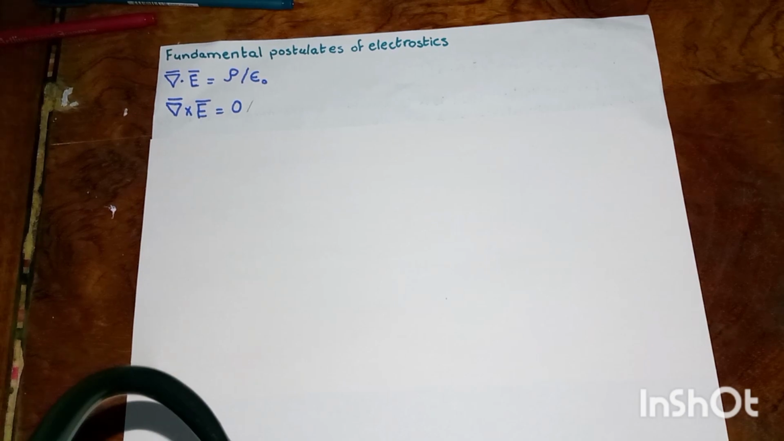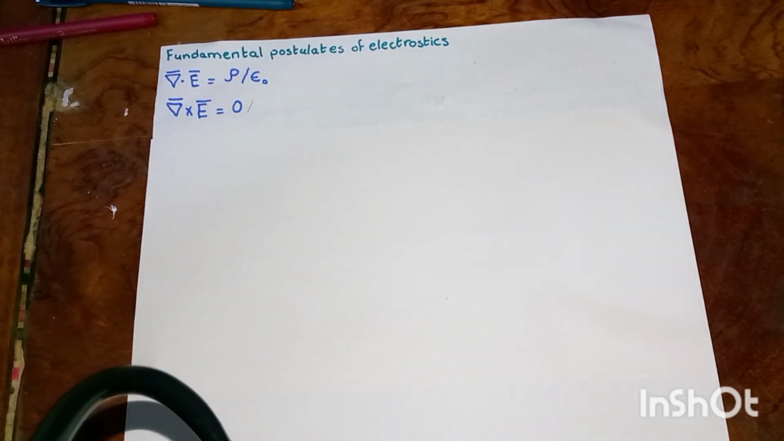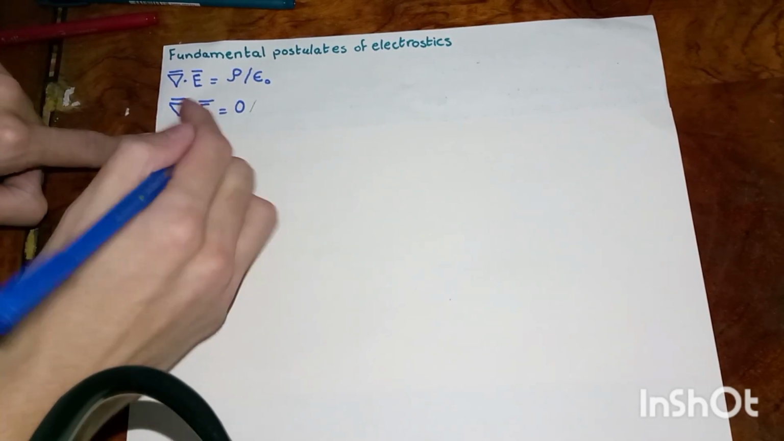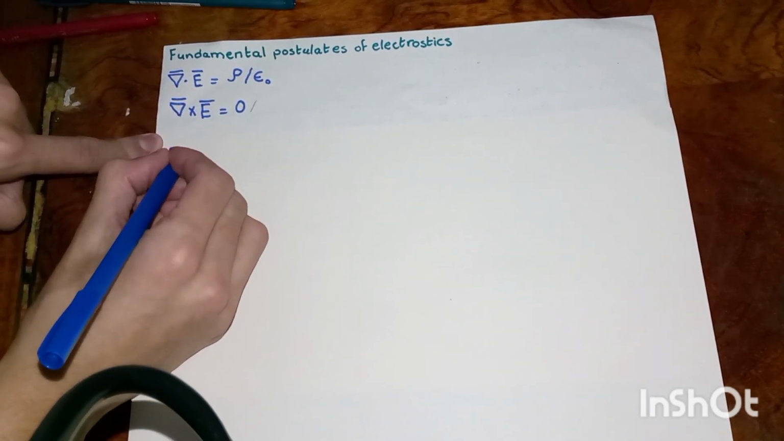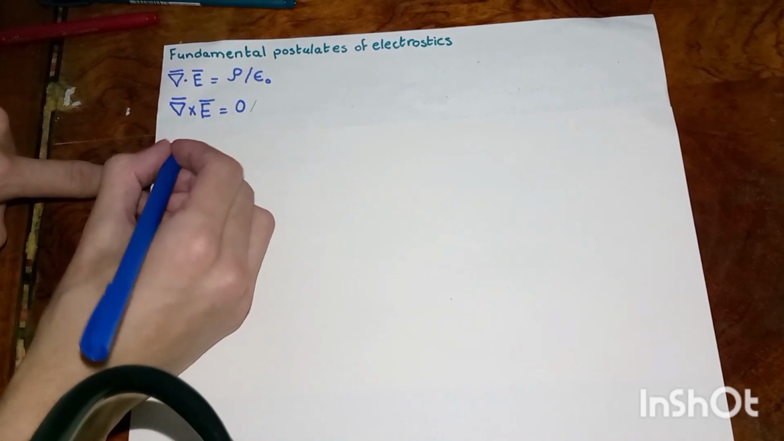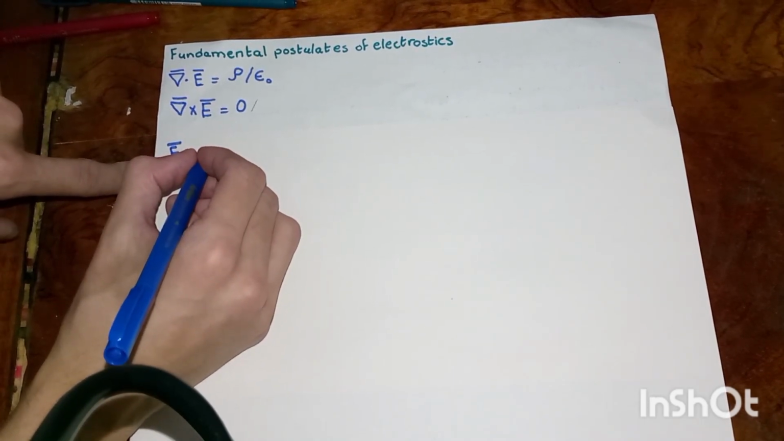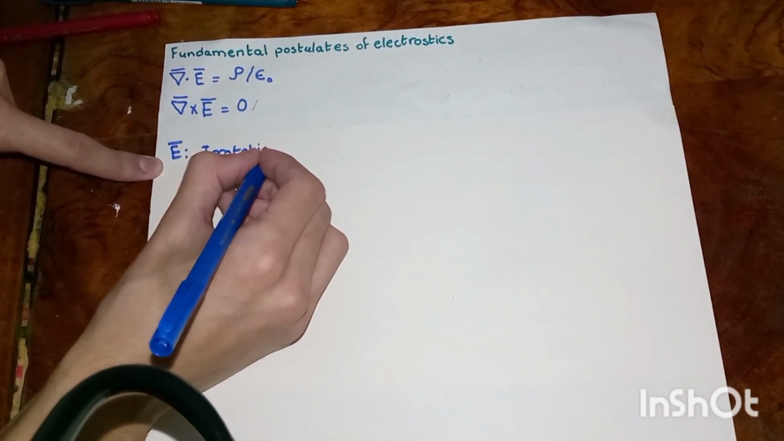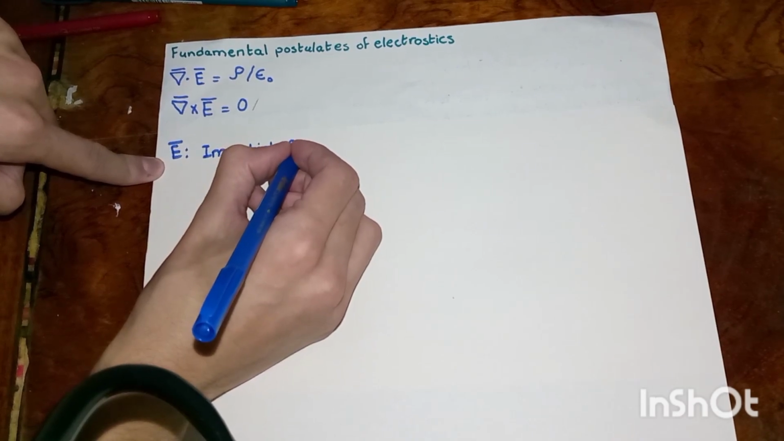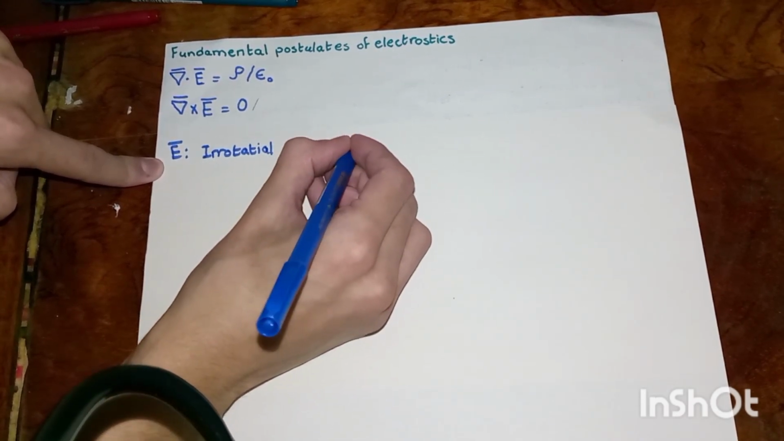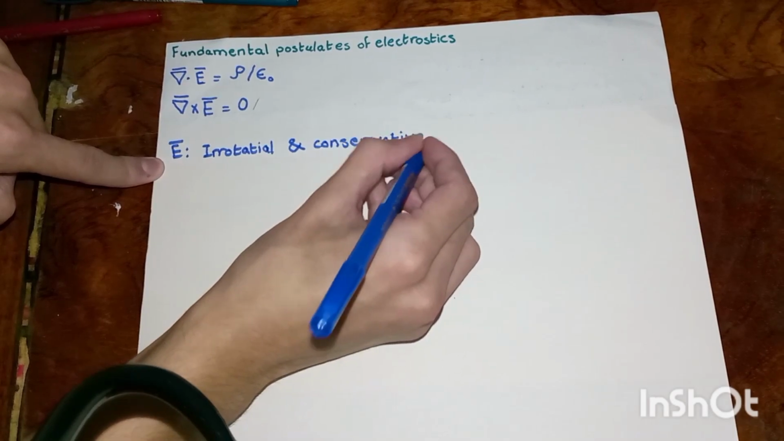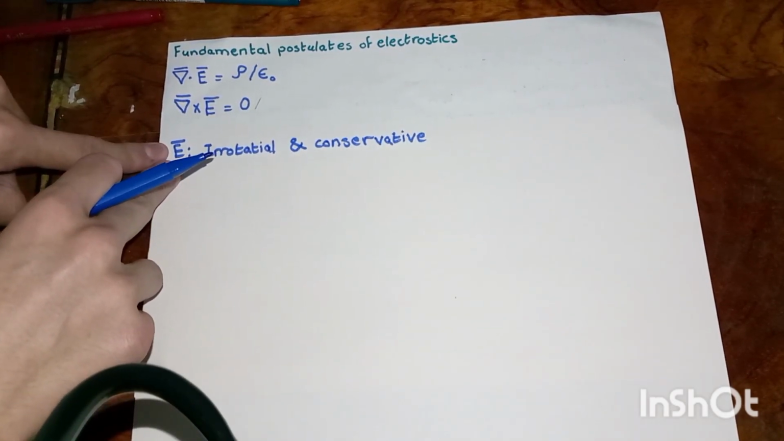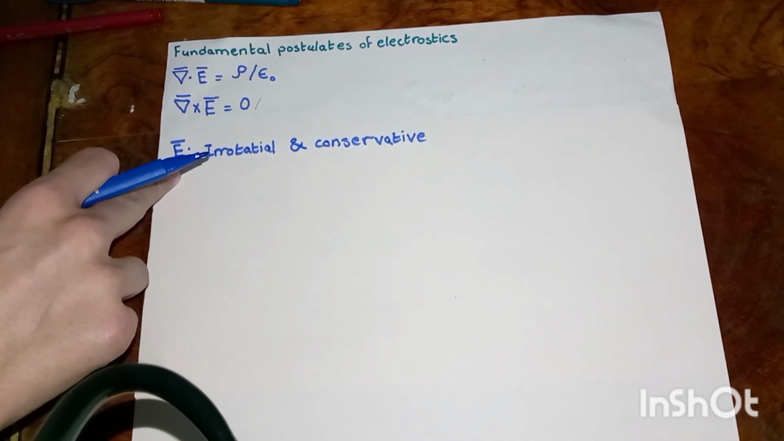Now let's go back to the curl of E. As we see, the curl of the vector field E is equal to 0. This means that the vector field E, or the electric field intensity, is irrotational and conservative. And this means that the net circulation of the vector field E around some closed